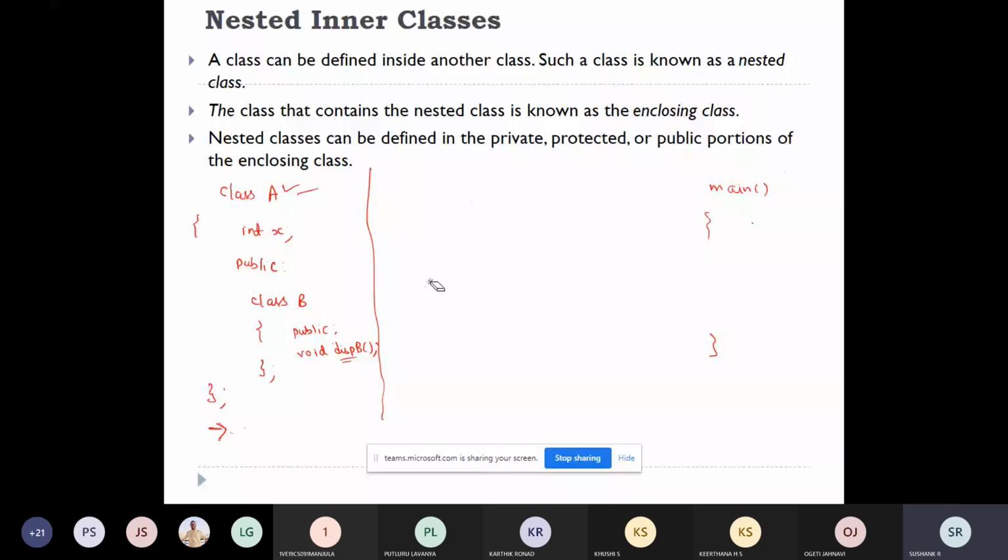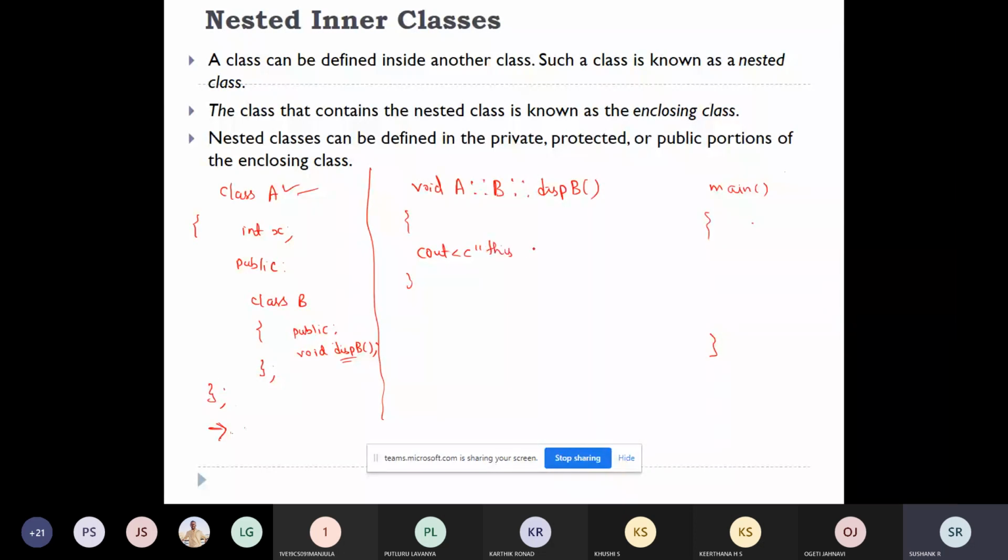So how to do that means, first thing is you have to write the outer class. First thing is you have to prefix with the scope resolution operator, the class name of this thing. So how to access that means, first thing is write the outer class name. After that, scope resolution, inner class name, scope resolution, display means the function name. And what is the return type? Return type void.